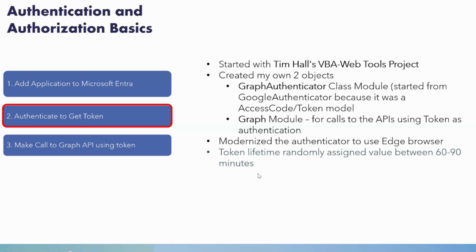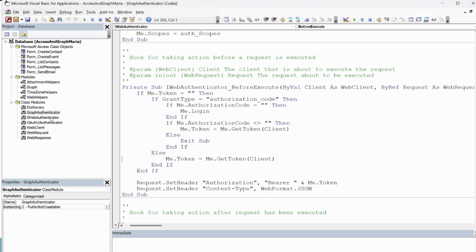Okay, so I do want to say, it has nothing to do with charting, which is what I first was thinking about. So I do want to talk here about the Edge browser for those that might be viewing this that are not using Access and are using VBA itself. And in the authentication here,